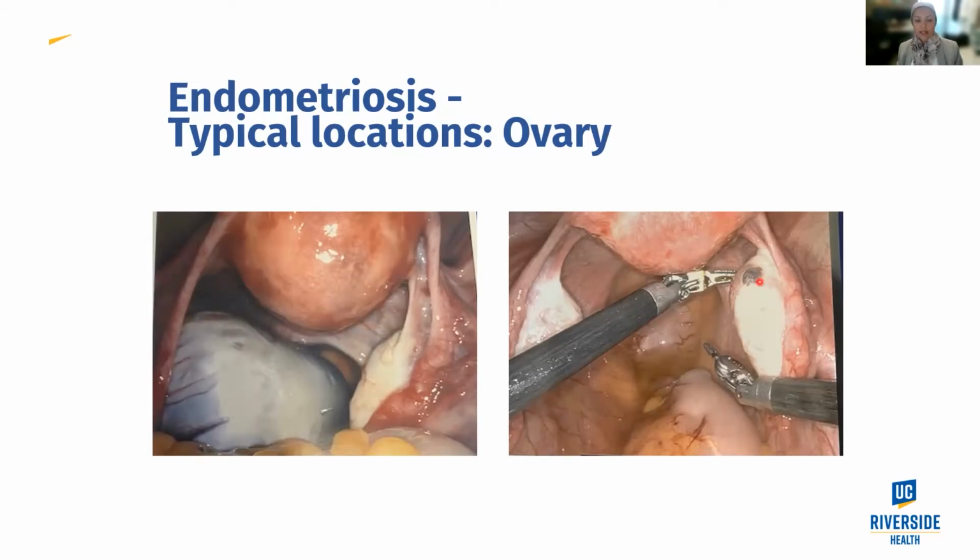Like Dr. Stuparich said, some people will ablate or burn the lesion, but if you burn the lesion, then you're causing a lot of damage to the surrounding ovarian tissue. And when we're doing surgery on the ovaries, we want to be very delicate. We want to use as little energy as possible in order to avoid damaging the surrounding healthy eggs. Next slide, please.